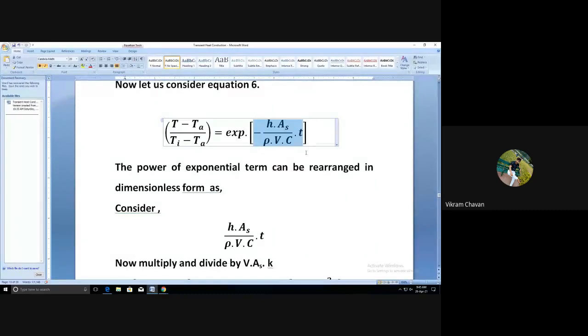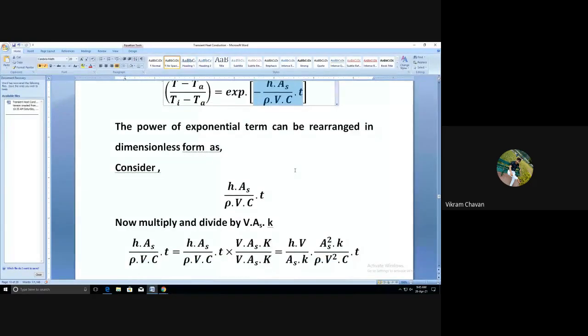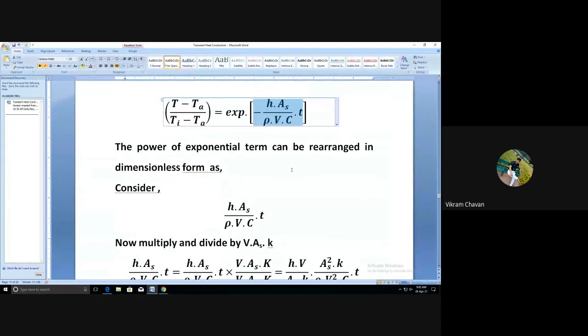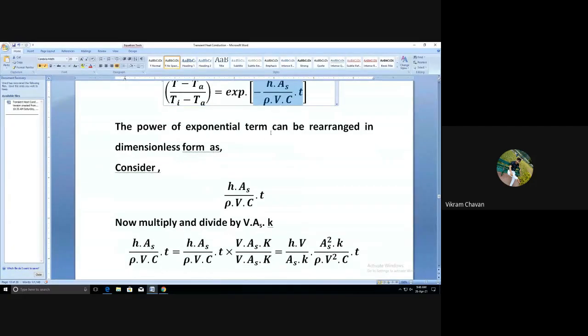Here we are going to consider the exponential factor, that is h multiplied by A_s divided by rho V c multiplied by t. We try to convert this factor into dimensionless form. So consider the power of the exponential term can be rearranged in a dimensionless form as: